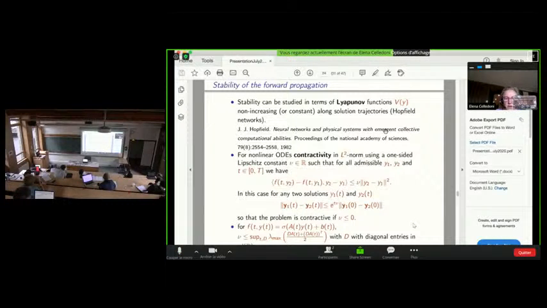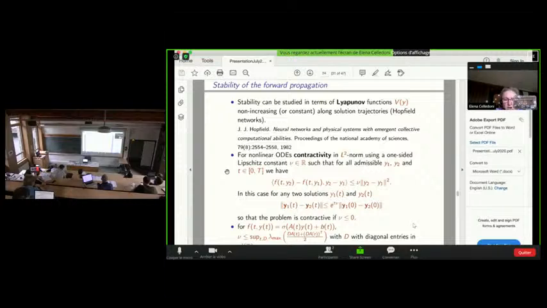For example, Lyapunov stability. And I can mention that already in the 80s, Hopfield's networks were built in such a way that the propagation would have a Lyapunov function, non-increasing or constant along the solution trajectories.